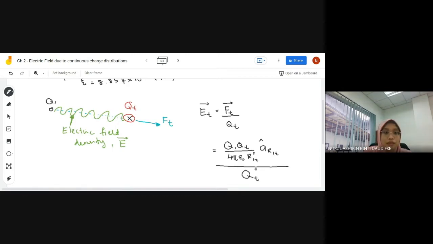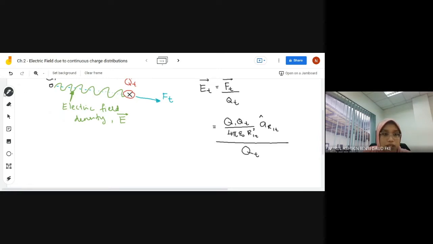Mathematically this can be simplified, where this Qt can be eliminated, leaving us only this. So it means that Et can be written as